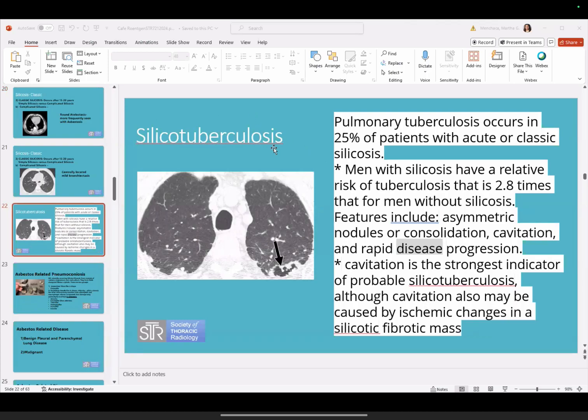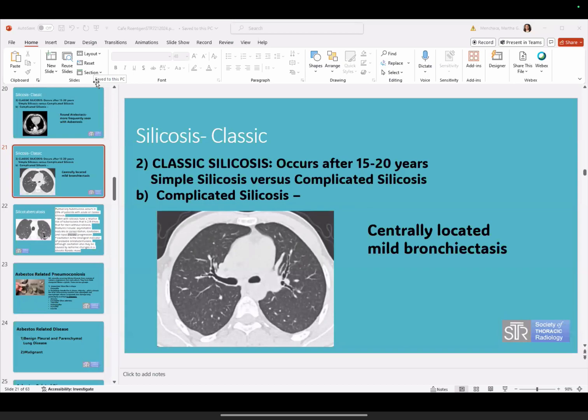So as I had mentioned before, if someone has silicosis, they have a 2.8 times increased risk of getting tuberculosis or having tuberculosis progress. Here, for example, if you didn't know the patient had had silicosis, it would be very difficult because you'd think, well, this patient has TB. I think if the patient has both, then you could make the suspicion that the patient has silicotuberculosis. But it's about history. It's not necessarily how you distinguish based on imaging if there's a complicated case.